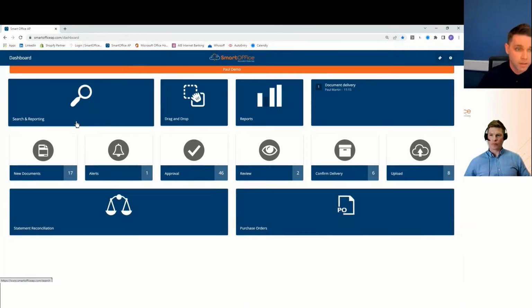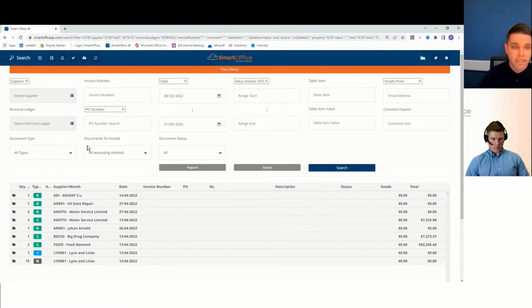So into the first piece here, search and reporting. One of the biggest challenges at the moment is paper, volumes, and search and retrieval thereafter. So our AI brain, once it extracts the information from the document, automatically cuts it up into all of these index fields. And that's without touching a button, that's without doing anything. So you'll see here, you have really, really powerful search tools, right down to the granular level of supplier detail, nominal ledger, cost centers, departments, document type, invoice number, PO number, date range, and anything else you can think of that would be financially relevant.